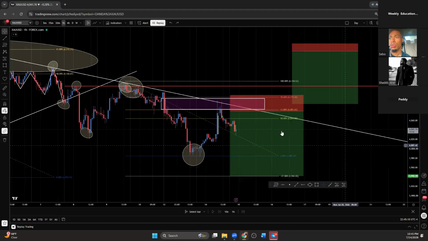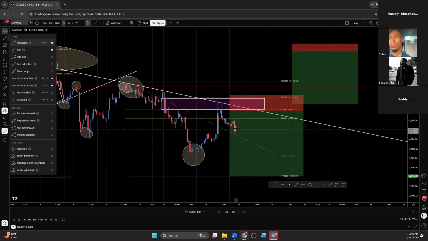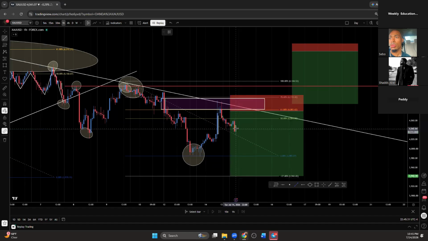But I'm not gonna count. I'm waiting for market to come back and retrace a little bit. I want to see if we can get a nice little retracement back up, where we could potentially get into this trade. I would love to see market come back into this area, maybe touch this trend line again, or give us a nice little lower high that we can sweep the liquidity on and potentially get us in that trade so we can actually take it down.